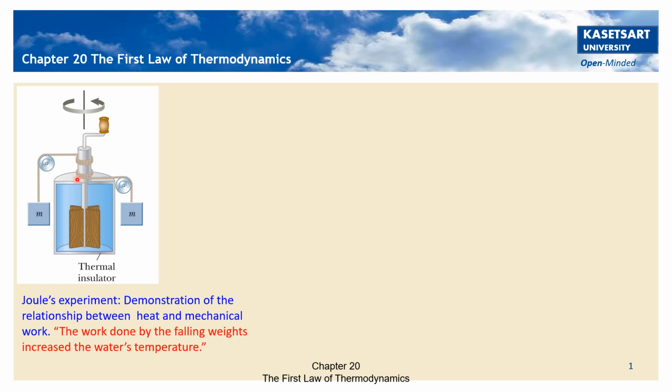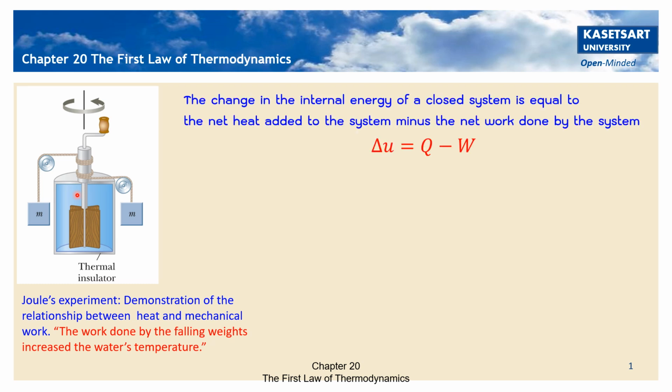rotate. And inside this, they put water in the insulated chamber. Then when the mass moves, that is mechanical work, it will make the paddle inside rotate. This will create heat, so there is a temperature change in the water. So that's what he can observe. From this experiment, he can conclude that the external work is related to the work or heat included in